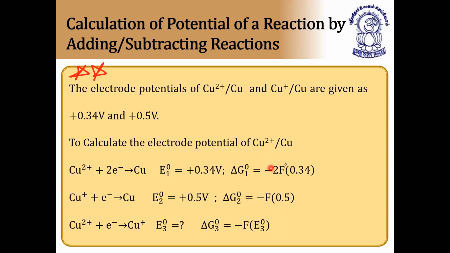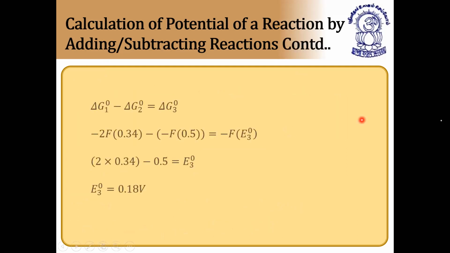So this model is very, very important. So many times they have asked this type of questions in competitive exams. So in this way you have to do, and we already know that delta G1 minus delta G2 is equal to delta G3, because total is equal to sum, or else you can take total is equal to delta G1 plus delta G2. Even you can take like this or like this. Total it means 2 electron change, and G1 plus G2 is 1 electron change, 1 electron change respectively. So here delta G1 is minus 2F into 0.35 minus F into 0.5 minus F into E3. So taking F common, F gets cancelled, and easily you can find E3 value, and that is coming around 0.18.